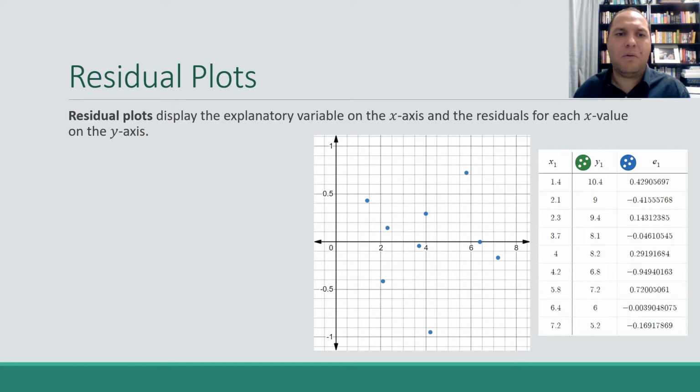All right, so a residual plot displays the explanatory variable on the x-axis, the same as our normal scatter plot, but instead of plotting our response variables or our y values, we plot all of these residuals that we've calculated here. And they're above and below this line, 0. So 0, in this case, means that our predicted value and the actual value are exactly right. So something like this point here, up at 6.4,